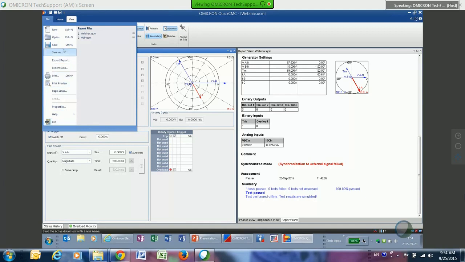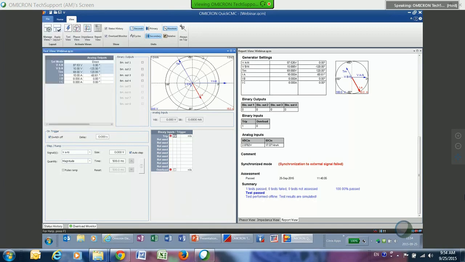I can do a save as, just your typical Windows commands. I can export my report or export the data. And if I choose, I can print this. I can do a print preview. I can do my page setups. And those are all pretty much just window commands that you've got out there. With this, basically,